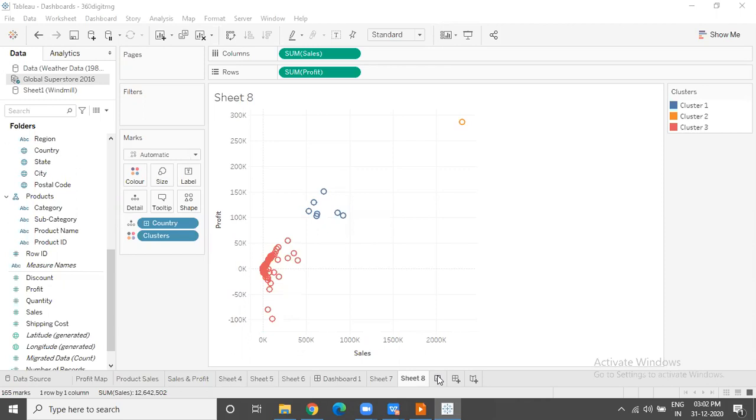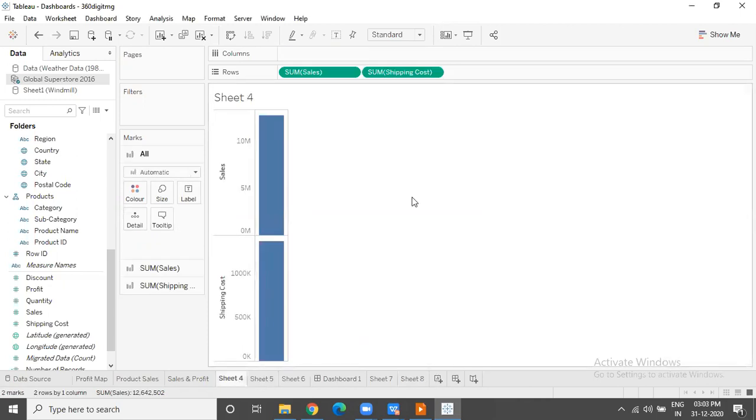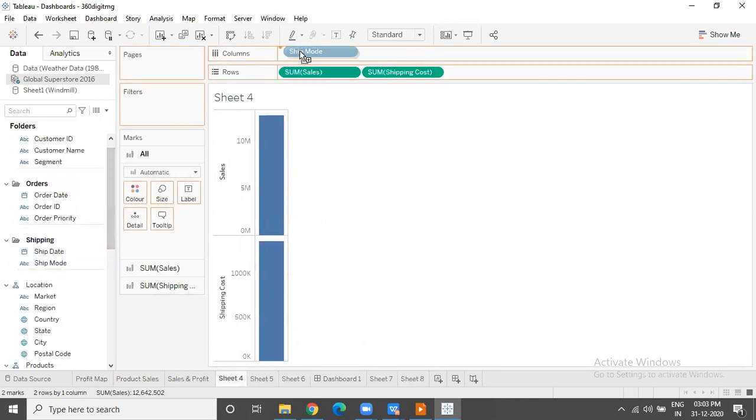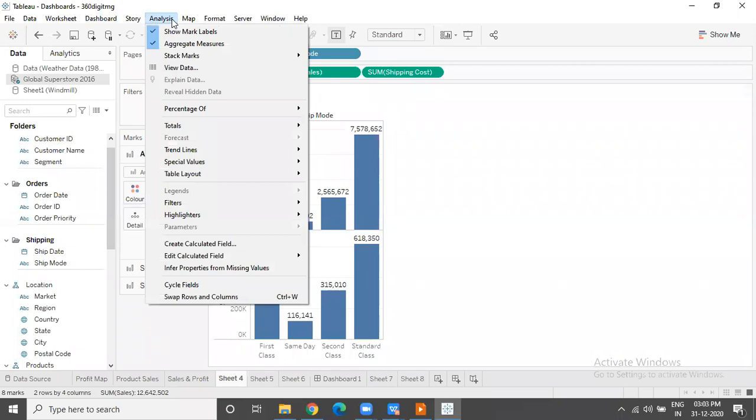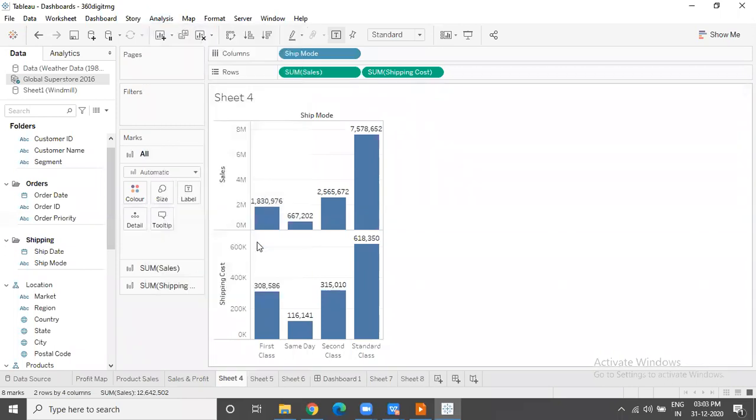Okay. So very quickly, then I will give you a demonstration of calculations, how we create them. Quite often we have to manipulate the data, so how do we do that data manipulation in Tableau? How do we tweak the data a little? How do we do addition, subtraction, whatever kind of mathematical or string manipulation or date manipulation that we have to do, or any logic that we have to write, logical statements, we can do it by using a feature called calculated field, which can be accessed from the analysis option on the menu. From there, this is the option, create calculated field.